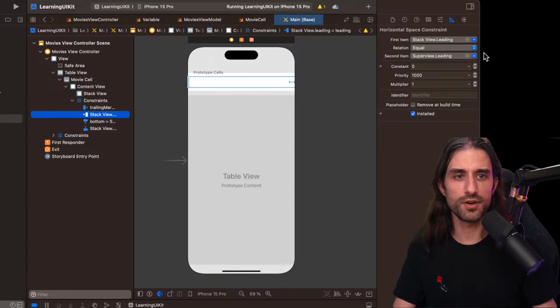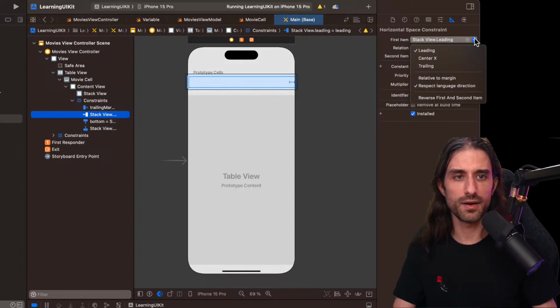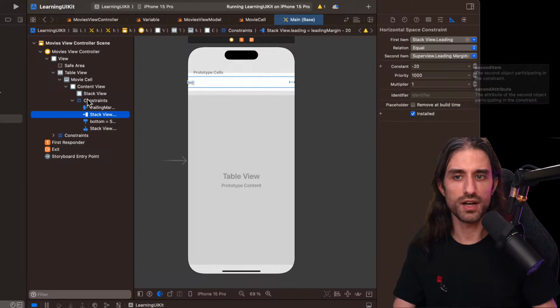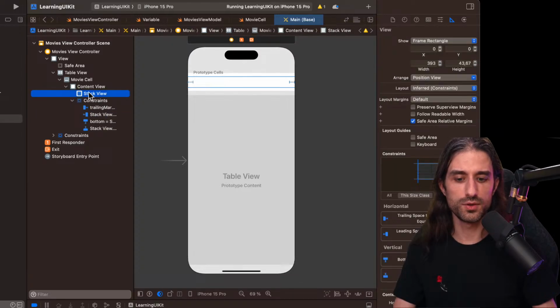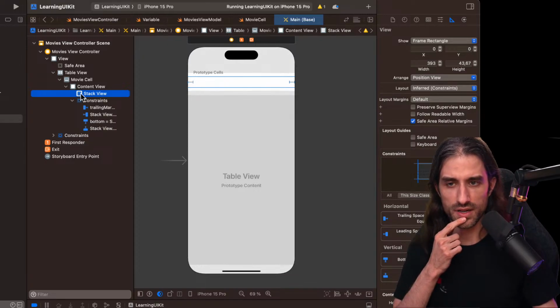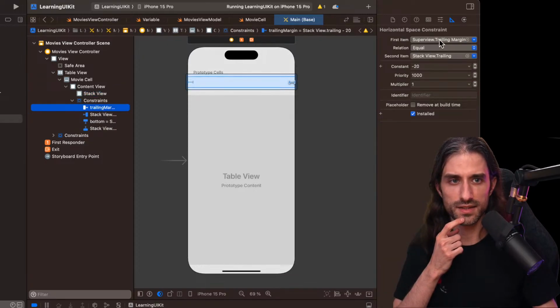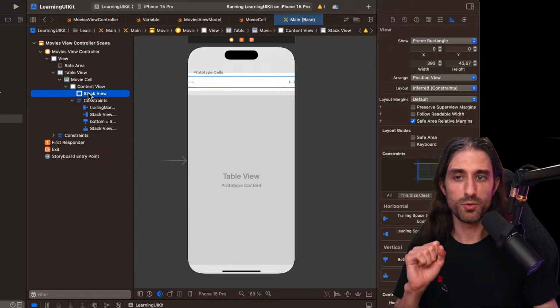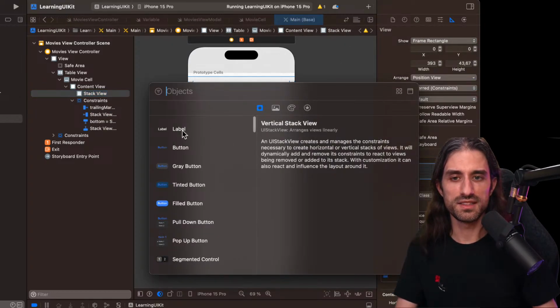I'm going to do the same for the leading: superview, relative to margin. Now if I look at the stack view, you can see that I have a bit of space for the margin. Just trying to see if I did it correctly. Yeah, trailing margin and leading margin. So normally it should be okay. We'll see if it's okay once I add my 2 labels inside the stack view.